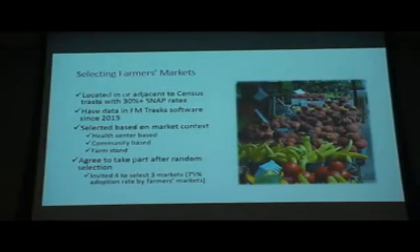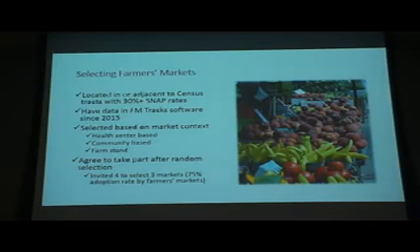So you might be asking, how did we choose the markets that we went to this summer? This was the criteria that based our decisions. So we wanted to make sure that we worked with communities that were located in or near census tracts with 30% or more individuals on SNAP. Markets that participated in collecting data in FromTrax software. So FromTrax is a software that Dr. Freedman developed with others to track the number of SNAP transactions and the sales amounts, so that every year we're able to say how many dollars locally and nationally actually are being spent at farmers markets. So it's really helpful in this process.